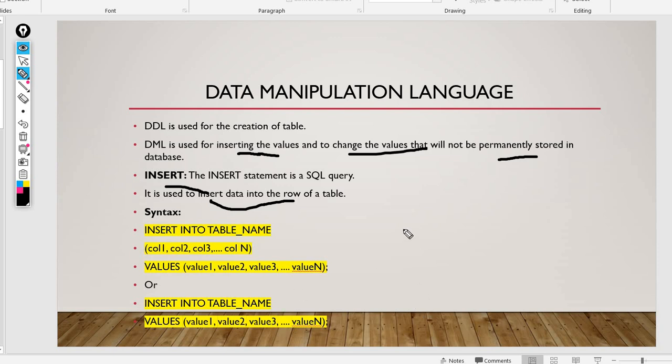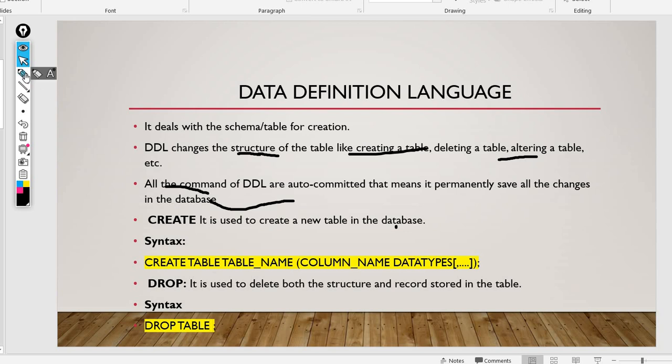Before, in DDL, what we have done is we have just created a table, that's it. In that we have added some 2 to 3 values. We have created the table as student, with student name, student number, and student address.